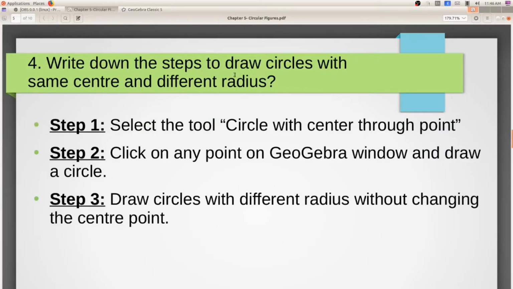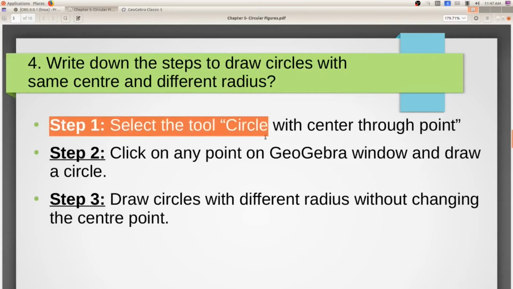Write down the steps to draw circles with the same center and different radius. I have shown you this activity already. One more time I will show it. Read out the first step: select the tool circle with center through point.